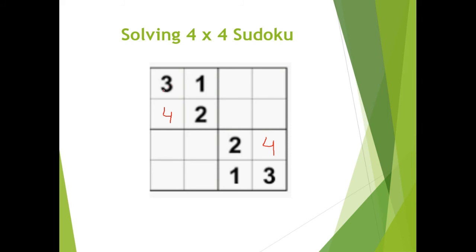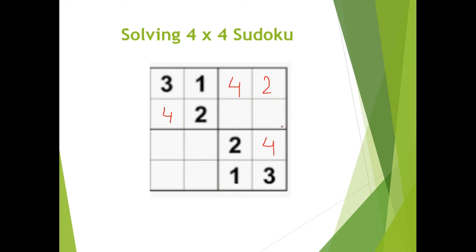We can see here in this row we are having 1 and 3. So what numbers are left here? 2 and 4. We cannot put 2 here because in this column already 2 is here. So we'll put 4 over there. Now here you can see 2 numbers are written in this column, 3 and 4. So the missing numbers of this column are 1 and 2. So we can put 2 over there. Now the numbers 1, 2, 3, 4 are present in this row.